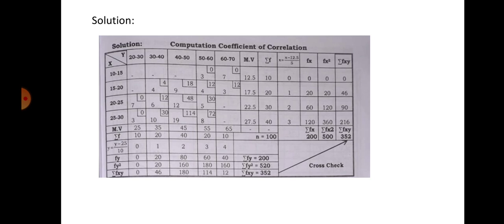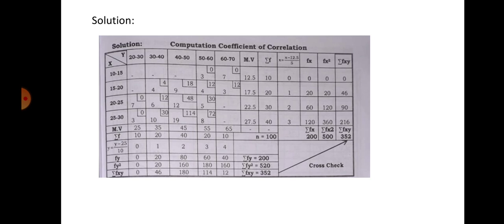Now the column sums. First column sum is 7 plus 3, which is 10. Second column sum is 4 plus 6, 10, plus 10 is 20. Third column sum is 9 plus 12, 21, plus 19 is 40. Fourth column sum is 7 plus 5, 12, plus 8 is 20. Fifth column sum is 7 plus 3, which is 10.